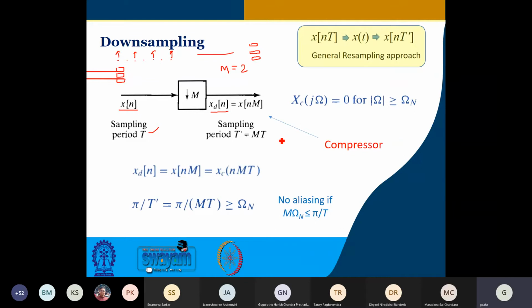Can I get an audio response? Sir, by increasing the sampling period, the sampling frequency decreases. Right. So the maximum frequency content of the original signal would be bounded. That we need to be careful about, that we are not breaching that. Yes, very good. This is something to be taken note of.